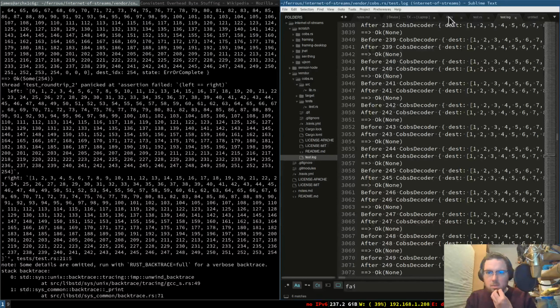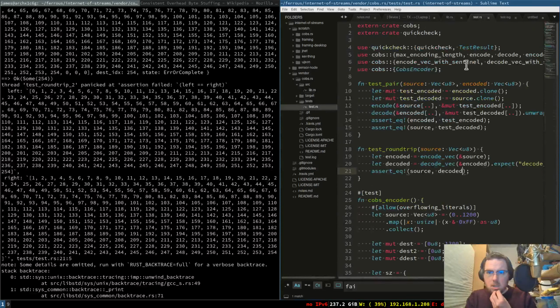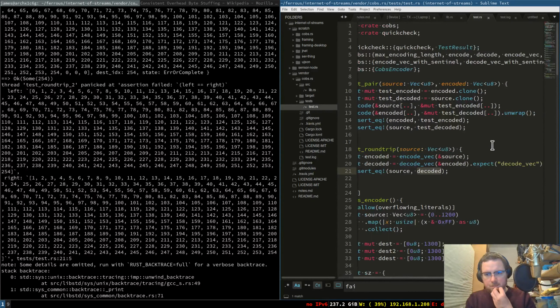Test line 21. Line 21. Source decoded. Source has 0 in it, and decoded does not. So what would make it throw? Because it should only throw away if there are unencoded zeros there. If you just have the data,